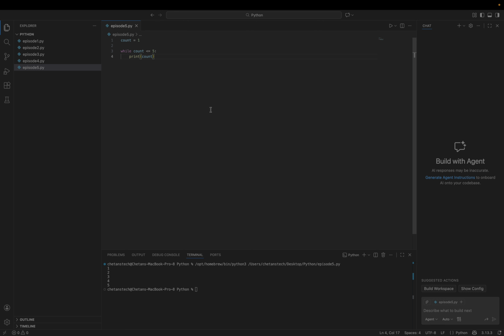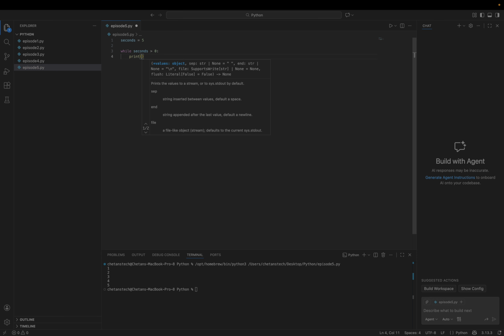Now let's try and build something useful. Let's take a variable called seconds. We will provide the value 5 and we will define the loop while seconds is greater than 0.